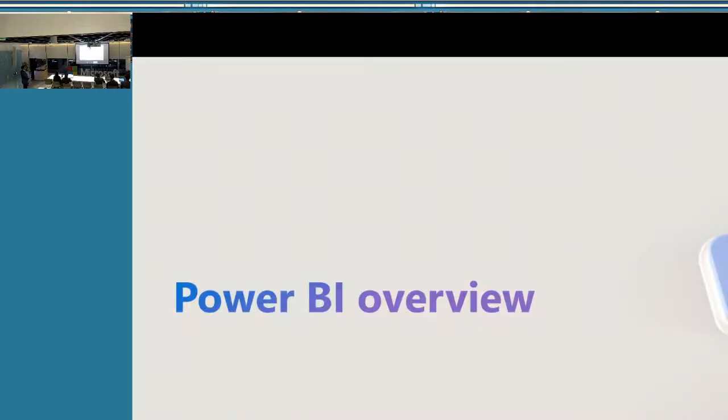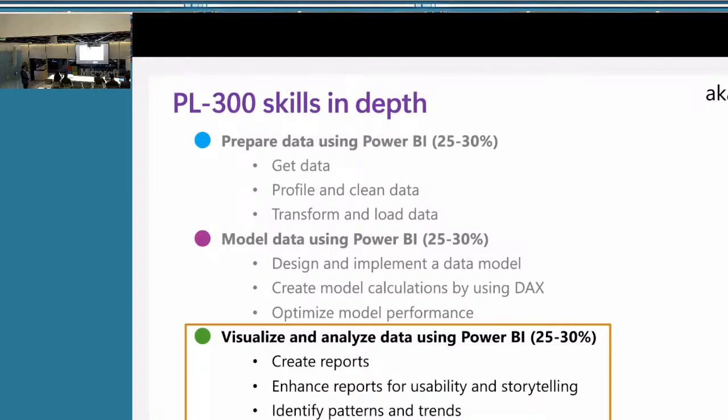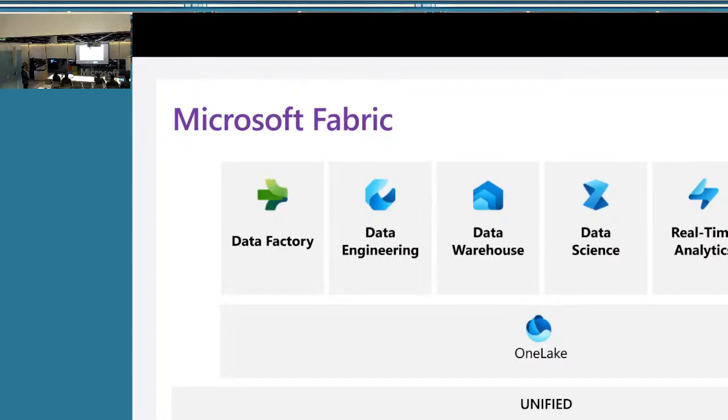So again, this is what we're going to cover: visualizing and analyzing data using Power BI. We already covered what Power BI is, that it is a part of our whole end-to-end software as a service data solution at Microsoft called Fabric, where you have different experiences. Whether you're doing data engineering, building machine learning models, or real-time analysis with streaming data, you could use Fabric for that. We had an intro session about Fabric a while ago, and I'm planning to have another one, hopefully very soon, later in the year, after we have our Fabric conference. But we're just going to focus on the Power BI component.